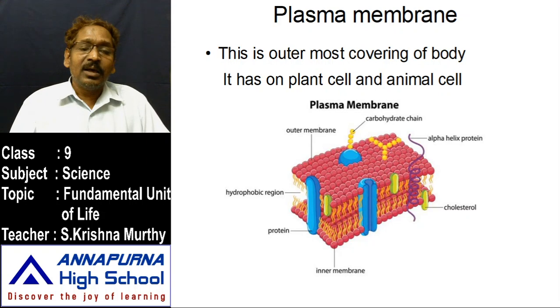This is the first membrane in the animal cell and the second membrane in the plant cell, because outside it there is also the cell wall in the plant cell. Here there is no other kind of protection; even though it is flexible, very soft, delicate and permeable, it has to protect all the inner organelles. If it is scratched or ruptured, the entire material will drain out and the cell will die. It has a number of parts. What I want you to look at is that the outer membrane is there.